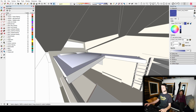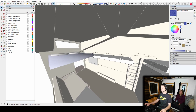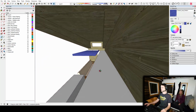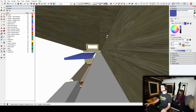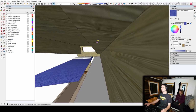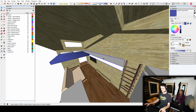I'm just going to have to go like this. And so standing height is what? I mean, also because the dormer is kind of in a weird spot, but let's just imagine that we had it more open and there wasn't this to hit your head on. And we drop this down